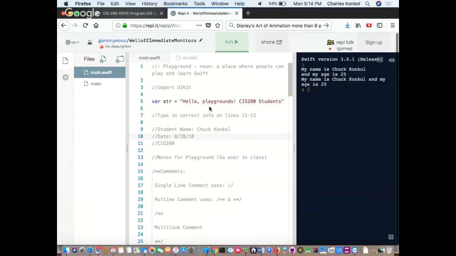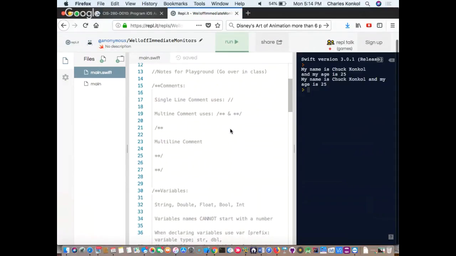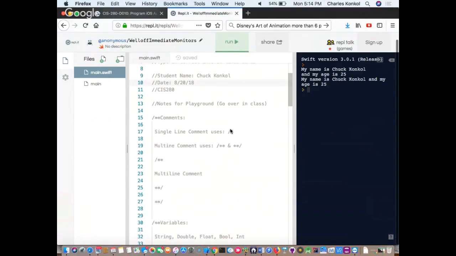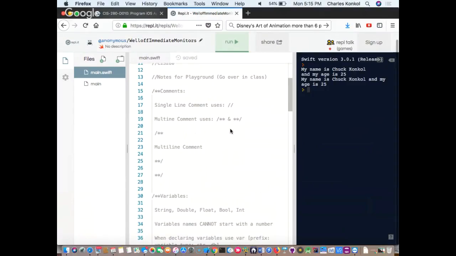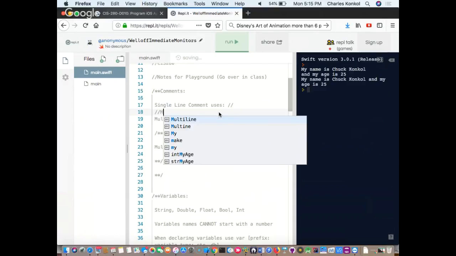Now scroll down lower. Keep going till we get to line 13. Line 13 says notes for playground, go over in classes, which we're going to do right now. The first thing we kind of already went over, line 15, comments. You'll notice the single line comment we've already gone over, which is this right here. That's a single line comment. If you click on line 18, you can put in the two slashes, technically called forward slashes, and then put in here, my first